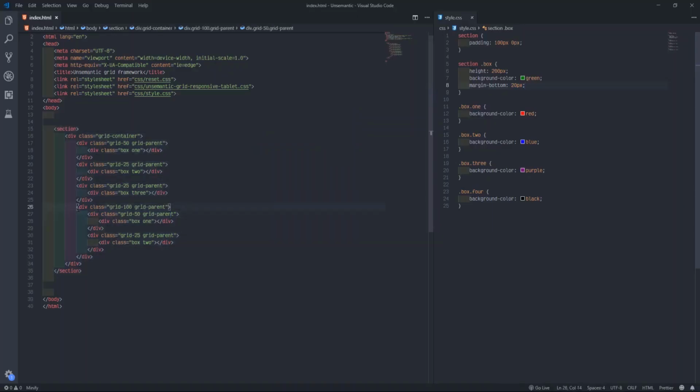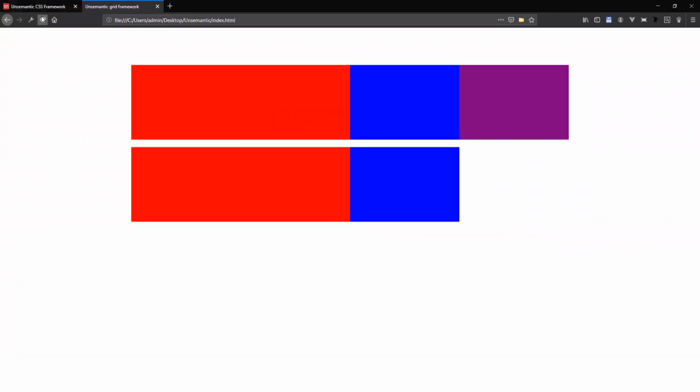So inside this grid 100 now, we put grid 50 and grid 25. We don't need to put grid container before we put grid inside. We don't need to put grid container for us to start to place grid. As far as we get grid parent, automatically it turns this grid 100 into a grid container. It will fit different grids inside. So now here we will end this on semantic tutorial.